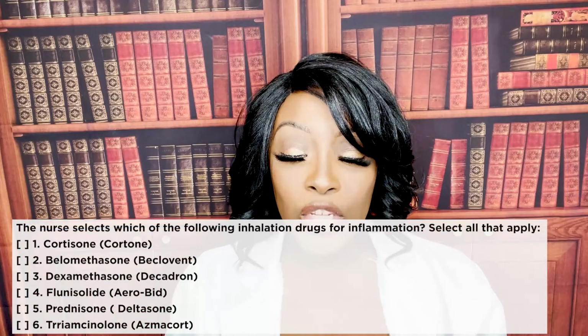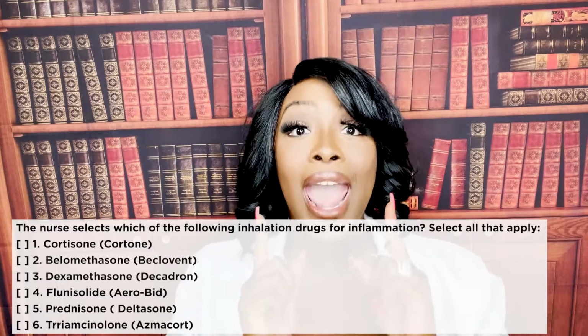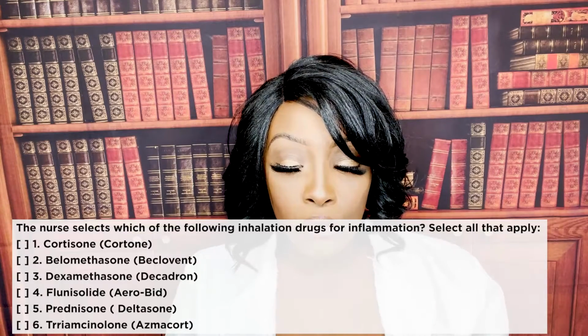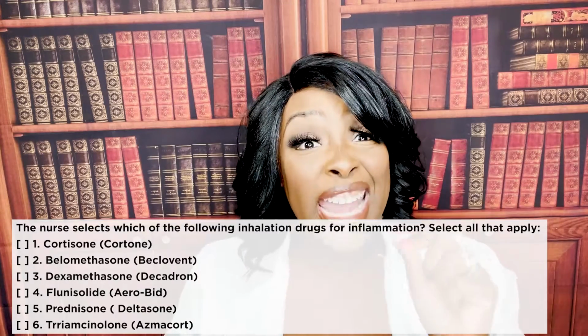The nurse selects which of the following inhalation drugs for inflammation. Select all that apply. Guys, how do we treat select all that apply? As true or false. Let's go. Number 1, cortisone, which is Cortone. False. The question, guys, is asked. Go back to the question. Look what it says. It says inhaled